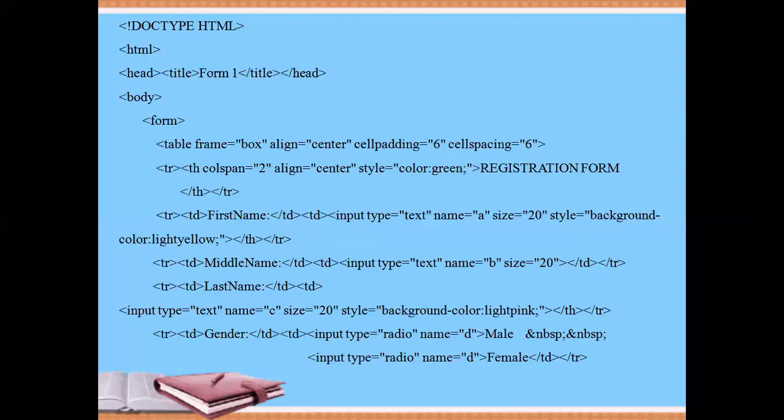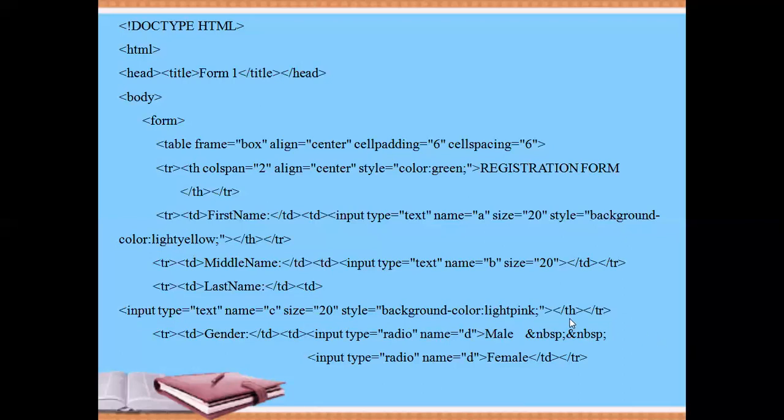And the last name, input type is equal to text, name is equal to c, size is equal to 20 are given, and style background color colon pink. So the first text box is having background color light yellow, and second text box is having background color pink.